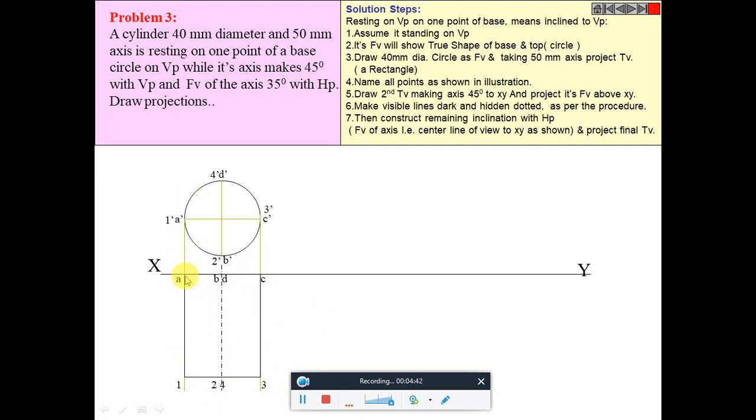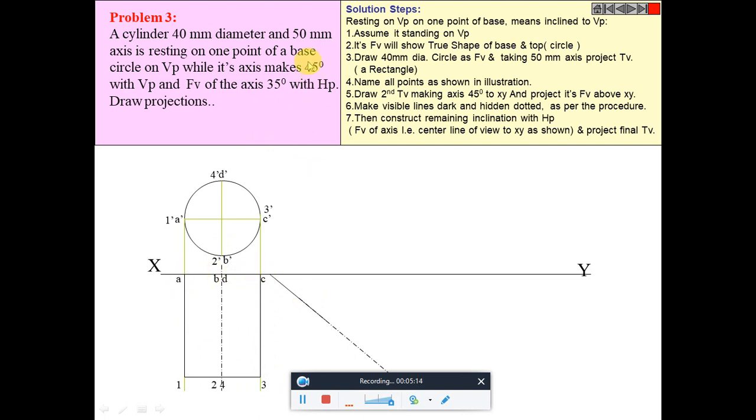Okay, so one surface is a b d c and the other base is 1 2 4 3, which means you are able to see 4 is visible, 2 is hidden, right? So 4 inside the bracket of 2. And listen, they have said that one point is on the base. So this is the top view, right? So one point, either this point or this point, should be touching the base.